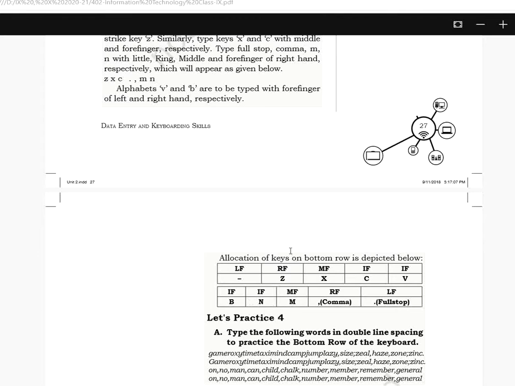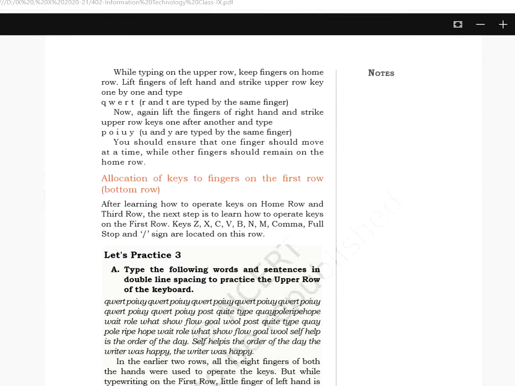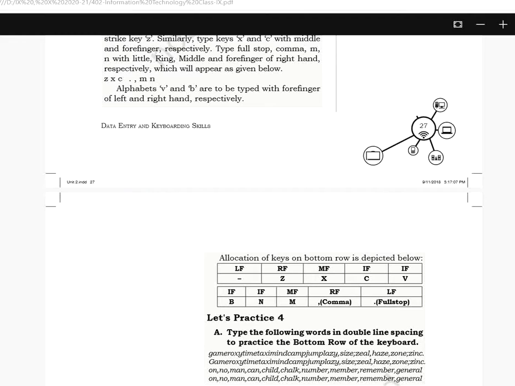The numbering matters a lot actually. On the first row, which is the bottom row. Fine. Bottom row is first row, middle row is home row, top row is third row. You will keep it in mind. Now next thing is on the bottom row, right hand side: full stop, little finger; comma, ring finger; middle finger is about M, and index finger is about N. Still B is left, so that you will cover with the index finger again.